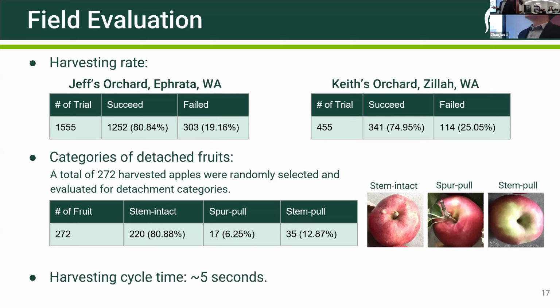And also, we have the stem. Stem is also an important thing to note, right? We want the stem on the fruits because with the stem, the apples will stay fresh for longer, but we also need to cut the stems. So we're working on the mechanism to cut the stems, but we want the stems to stay. That can help preserve the apples. So this is some percentage of the stem